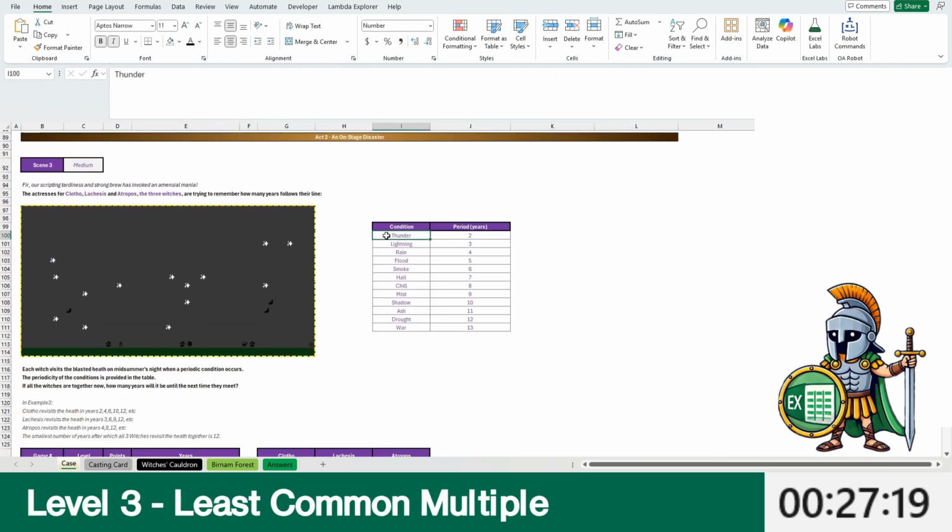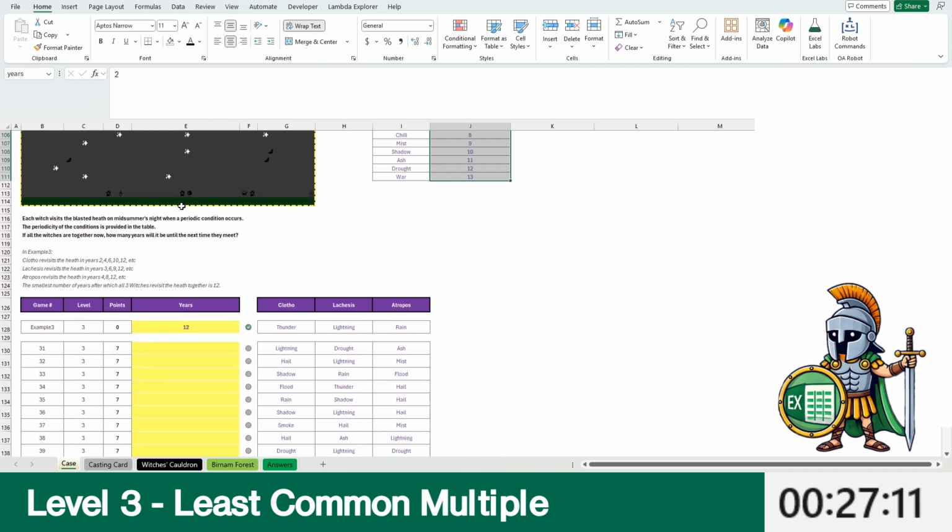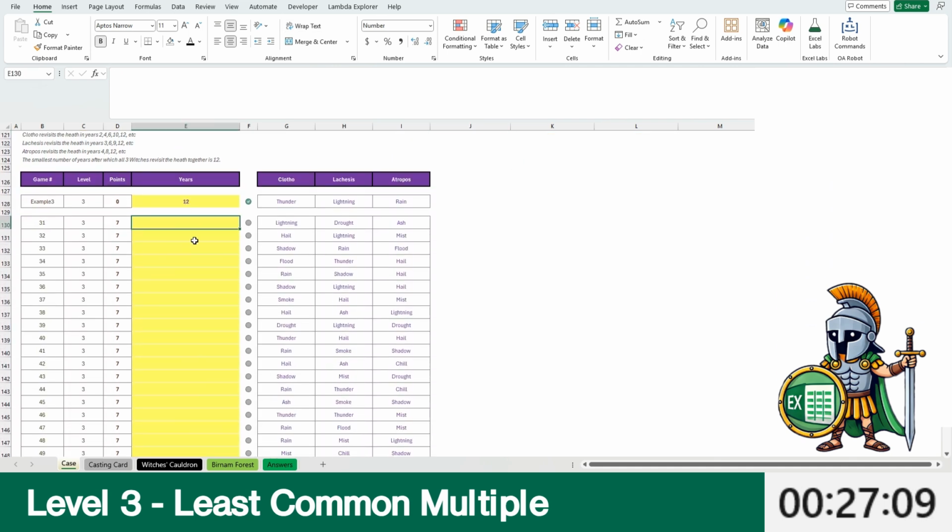This is literally the first time I've ever had to use the LCM function. And it's good that I knew it existed, because if I didn't, I'm sure I could figure out a way to solve it, but it wouldn't be nearly as quick. But since I was familiar that there was an LCM,